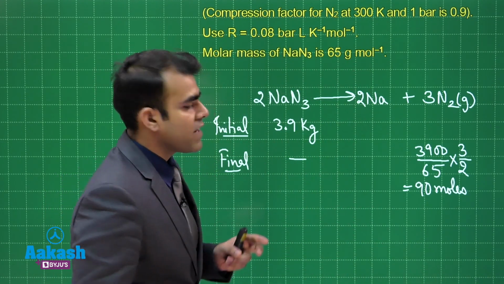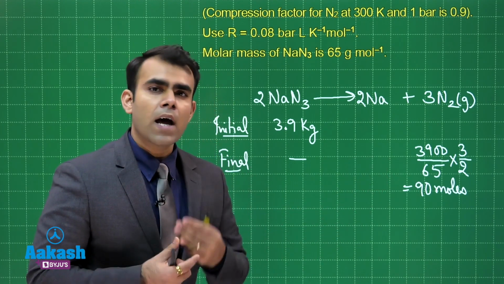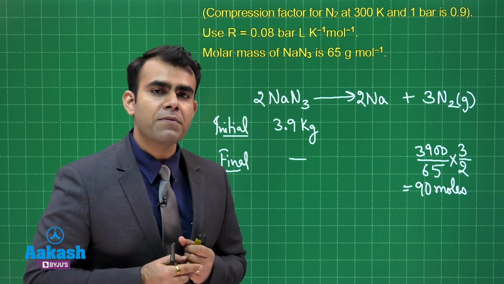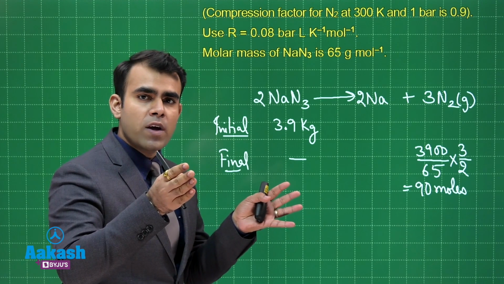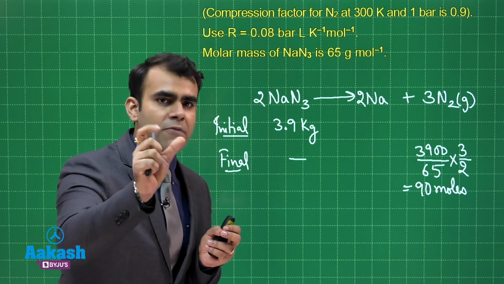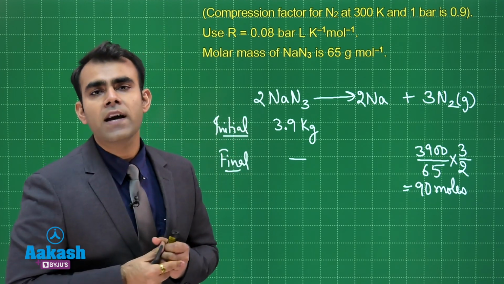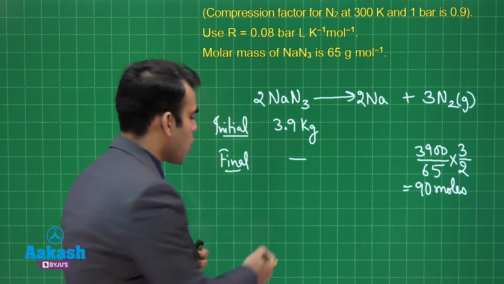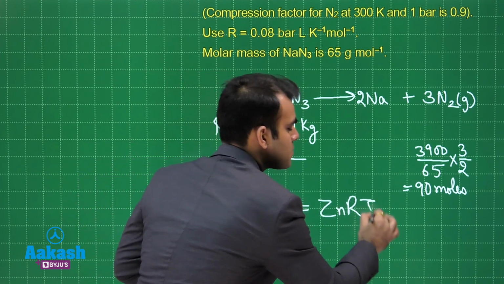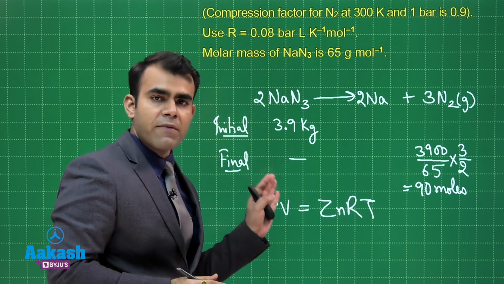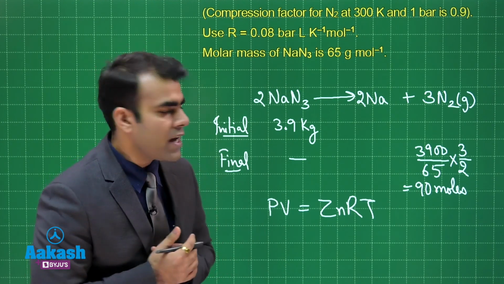Now after formation of nitrogen, we know the amount or the moles of nitrogen. Then we have to apply our PV is equals to nRT, but here we cannot apply PV is equals to nRT because the gas is behaving as a real gas. If you want to apply PV is equals to nRT, you can apply. You calculate V ideal from there, but then you have to apply Z is equals to V real upon V ideal. So we can solve this question by two methods. One is PV is equals to Z nRT, or you calculate V ideal, then you do Z is equals to V real upon V ideal.